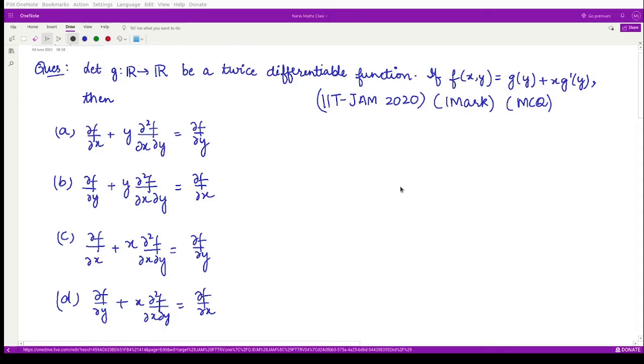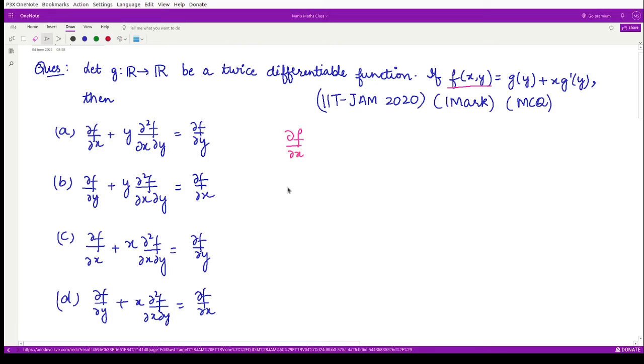This question tells you that g is some function from real numbers to real numbers, and it is also given to be a twice differentiable function. Then they are asking, if the function f of xy is defined to be g of y plus x g dash y, which among these four options is correct? So what you have to do is calculate these three quantities: del f upon del x,